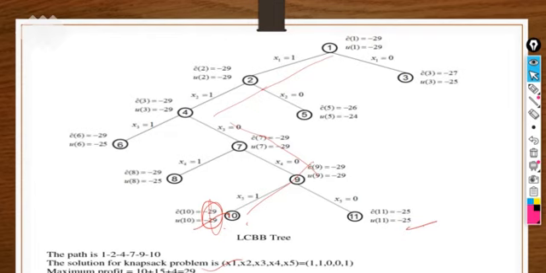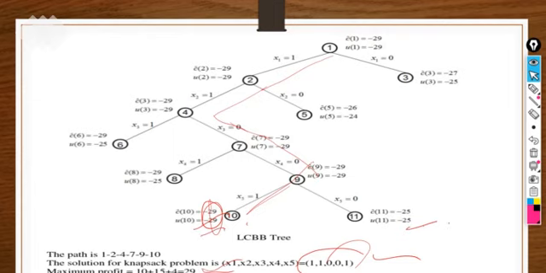So what are the objects that we will consider? Object number 1 we will consider. Object number 2 is included. 3 is excluded. 4 is excluded. 5 is included. So I have mentioned it over here. In the fixed representation, which objects we have to include and which we have to exclude as a solution, and the maximum profit will be 29.